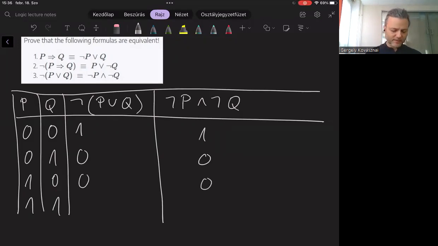This third interpretation was quite the same as the second one. And now let's complete this exercise with the fourth interpretation. In the fourth one, the disjunction is definitely 1. So if we negate it, we get 0. And in this case, not P is 0. Therefore, automatically the conjunction is 0. So we are done. We just proved that those two formulas are equivalent as well.